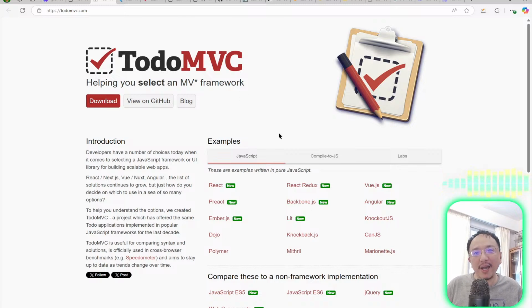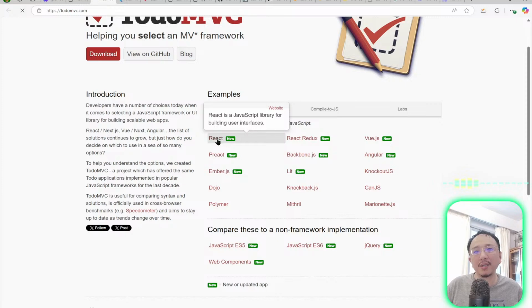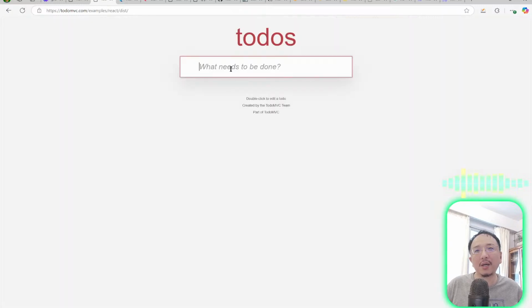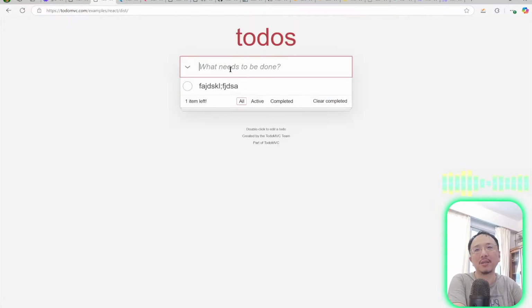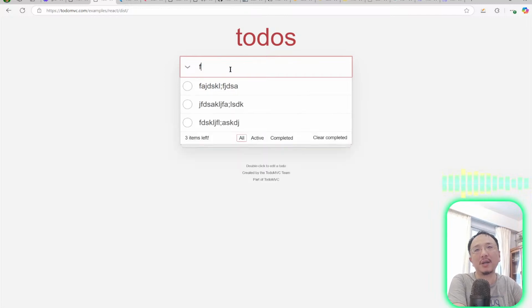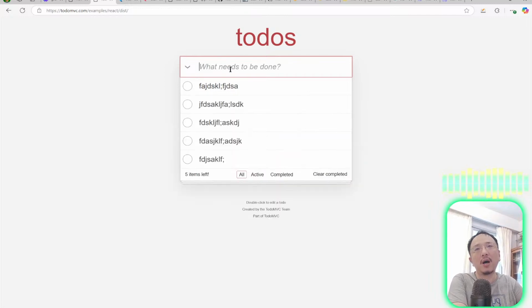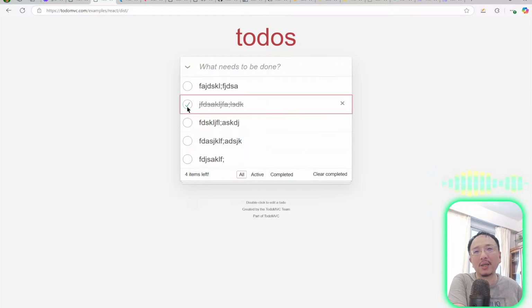What it is, simply, a to-do list. We can see maybe React here. Okay, this is a to-do list. This is a goal. The goal, the thing is that we design this app. We can click it to see this is a to-do list, or like